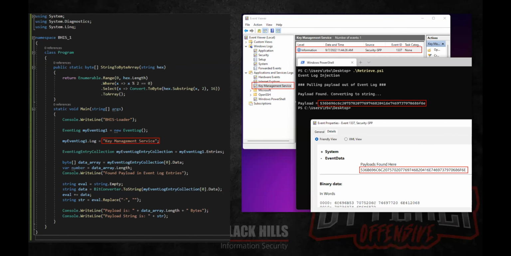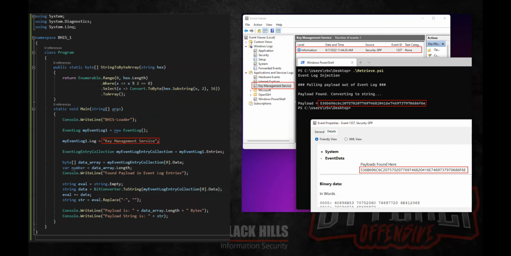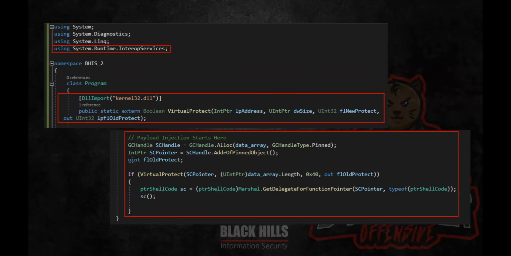And so with that code, then the next thing, and actually this is the incorrect screenshot, I apologize. It effectively does the same thing. It gives us our payload, pulls it out of the event logs, and I can show you that in a demonstration next. Having been able to successfully retrieve with our .NET assembly,